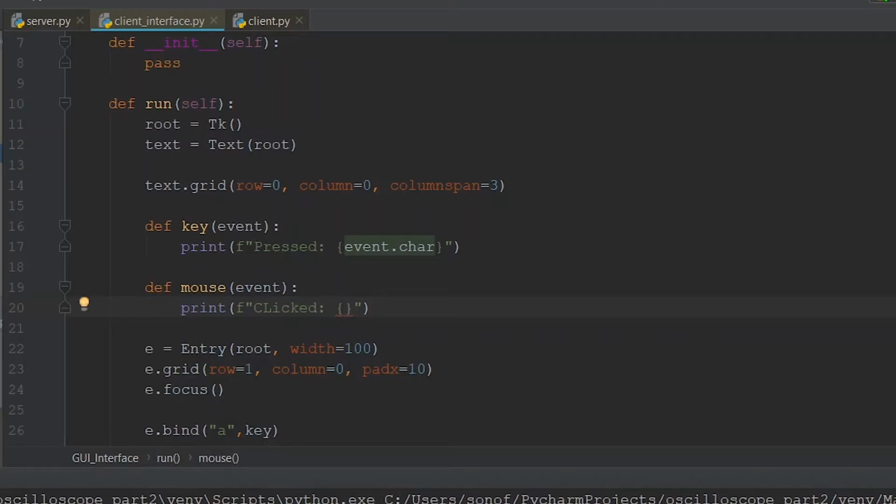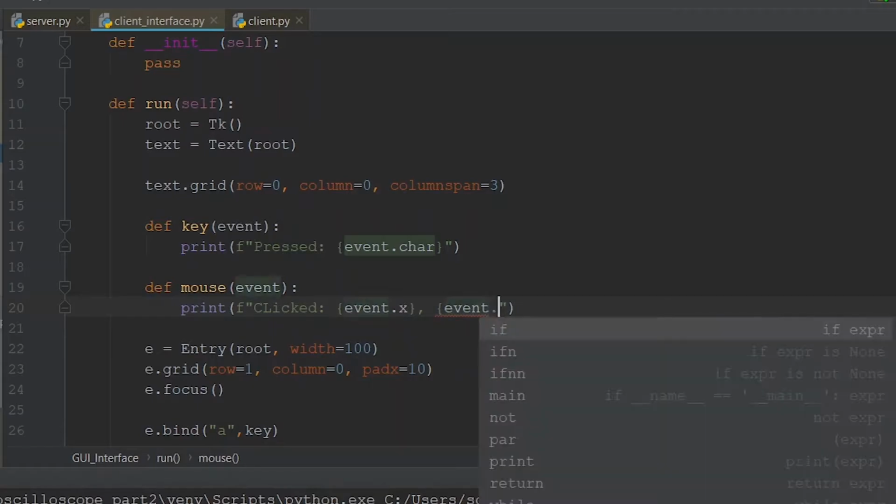And remember, when you click somewhere on the screen, the position is going to be two values, because it's going to be an x value and a y value. So we want both of those values to know where exactly we have clicked. I'm going to first say event.x, comma, event.y,